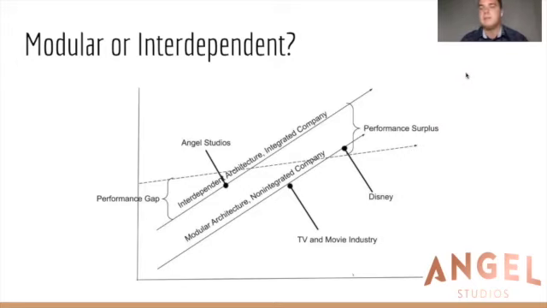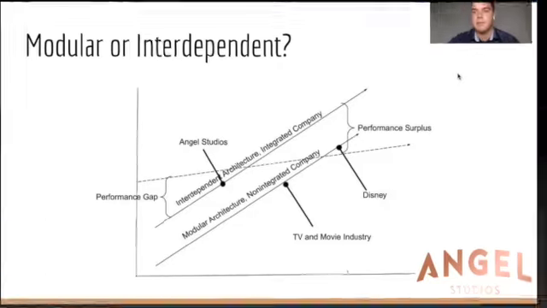As a competitor, Disney, for example, represents a modular architecture, just above the dotted line of market absorption, while most of its indirect competitors fall underneath this line. As an interdependent company, Angel Studios needs to shy away from speed, responsiveness, and convenience, and instead, any innovations you research should explore solutions that improve functionality and reliability.